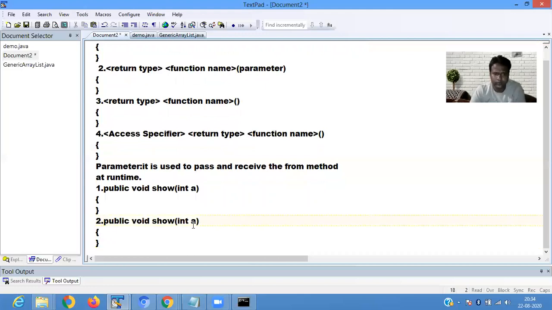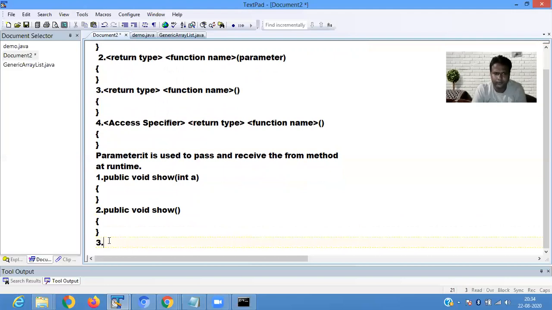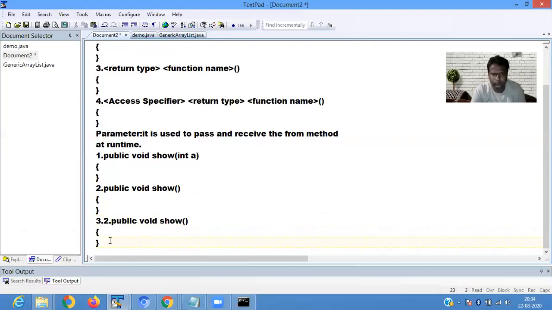Then without parameter, the third part: void show.